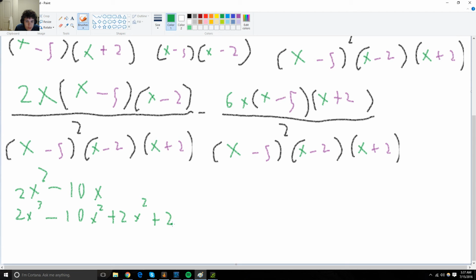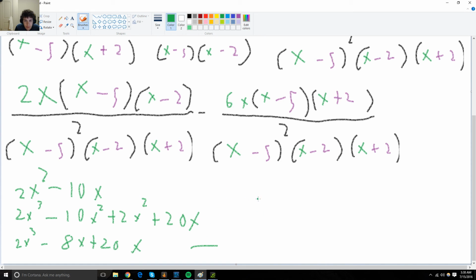plus 20. Wait, what? Yeah, 20x. Right? Okay. So then that is going to be our thing. So we got 2x cubed minus 8x plus 20x minus,